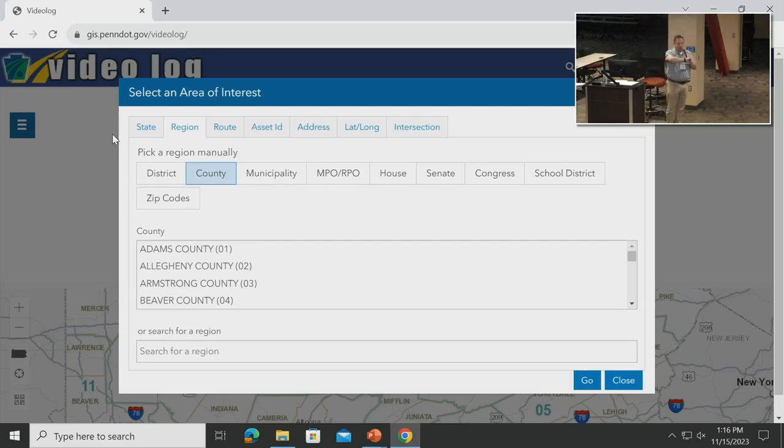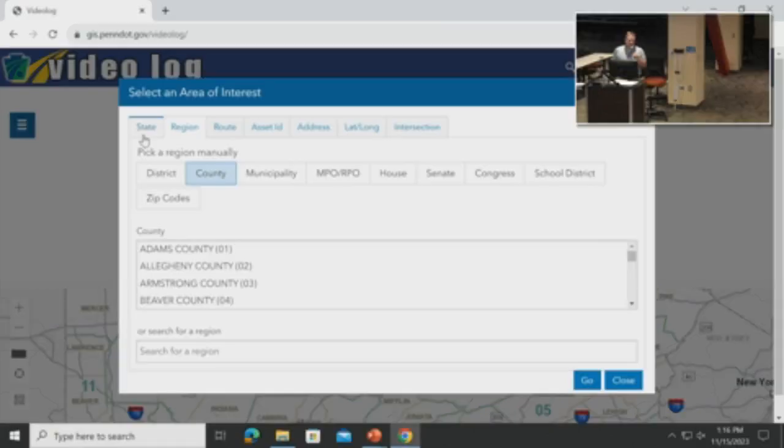So the first thing you get to, we can go through this quickly. I see that it's already 1:16. You'll get an area of interest. Depending on your business needs, there were a lot of different folks from BOMO and the districts asking for different ways to get to a selected route. It could be something as generic as just give me everything in the state, which would be the very first column. It could go by a region. We have engineering districts in PennDOT. There's 11 engineering districts. Anybody know which one's missing, because there's 11 and it's 1 through 12?